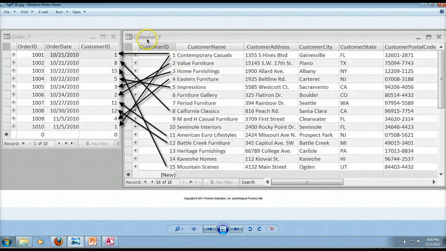In this case, we have our customer table. We have our customer IDs as the primary key in the customer table. Then we have our order table, and we have a customer ID field that is a foreign key in the order table. So as you can see, the author is drawing these lines to show you that customer ID number 1, Contemporary Casuals, has placed an order 1001 on October 21st, 2010, and they also put in an order 1010